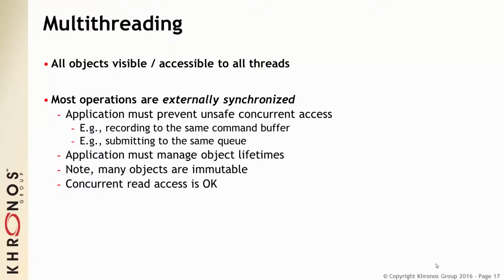It does help that compared to GL, almost all the key objects in Vulkan are immutable. Not command buffers, obviously, that would not be the point. But textures are immutable. The format isn't going to change. The size isn't going to change. Concurrent read access is fine. There's clearly no problem doing that. The exception to